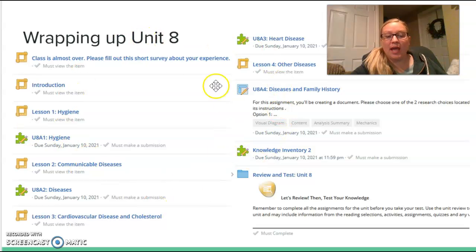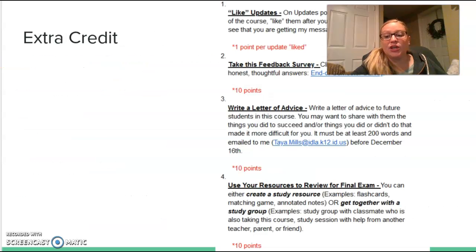Like I said, all Unit 8 activities and all assignments for the entire course are due on Sunday night. So if there's an assignment that you missed in some of our previous units, and you want to finish it, get it in by Sunday night so that you can get credit for that. And the same goes for extra credit. Your extra credit is also due Sunday night. Ideally, you would wait and do your course assignments before you consider doing any extra credit. Logically, that's probably the best thing you can do for your grade, is to finish all your assignments,